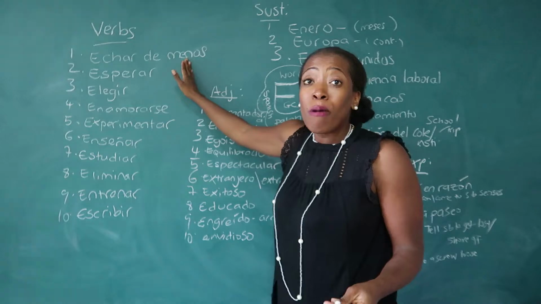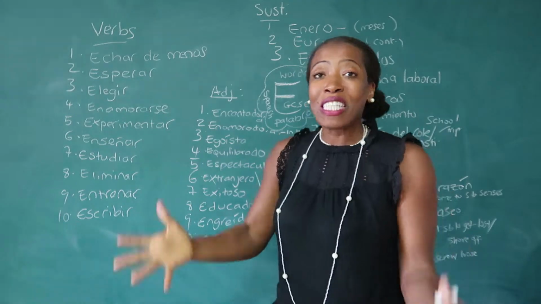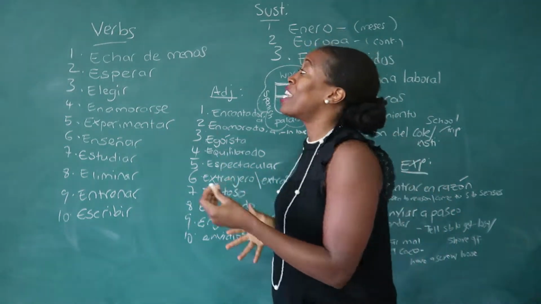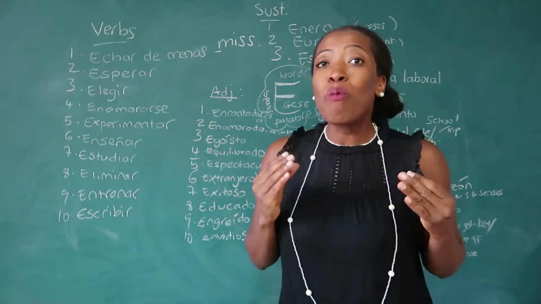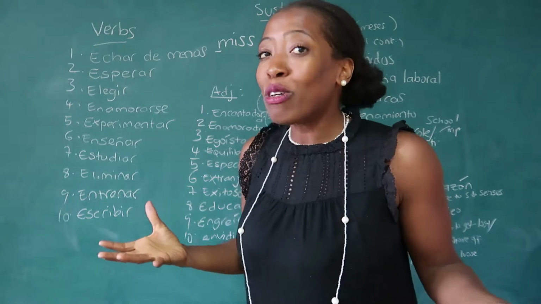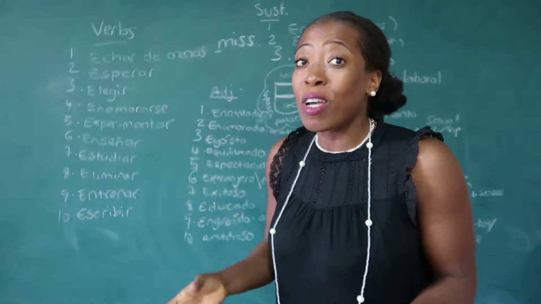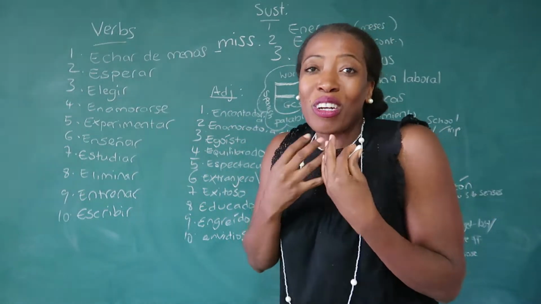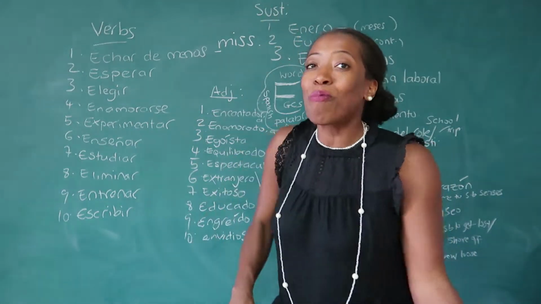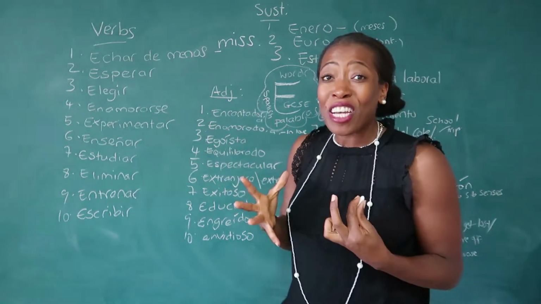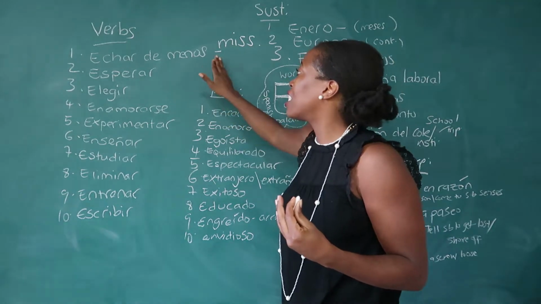The first verb or expression that we have is echar de menos, which we've seen time and time again, which means to miss. So to miss someone, when someone's not there, you miss them. Te echo mucho de menos cuando no estás en casa. Okay, I miss you a lot. I really miss you when you're not at home. To miss someone because they're not there. So that's your first one, and you will employ it in your family topic. You can employ it wherever when you're talking about friendships. Echar de menos. Make sure you drop this one down.